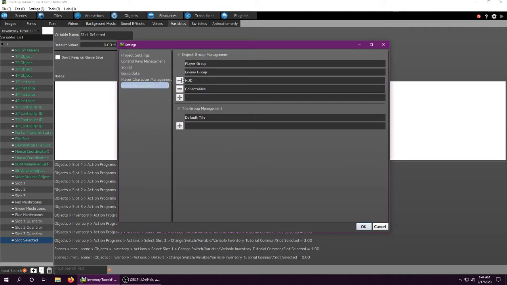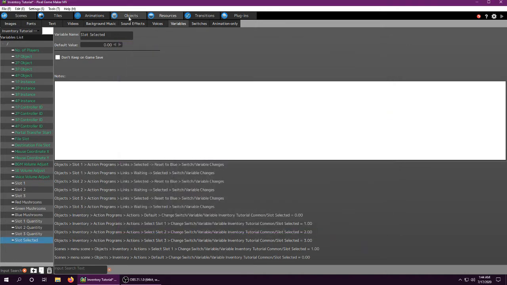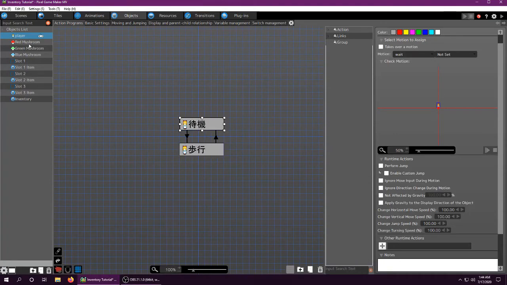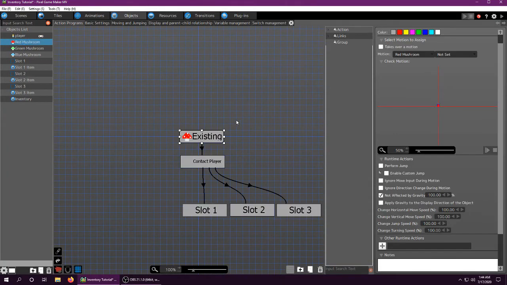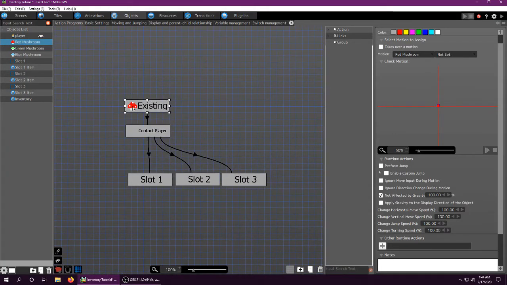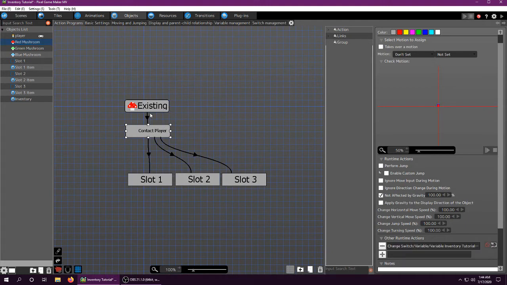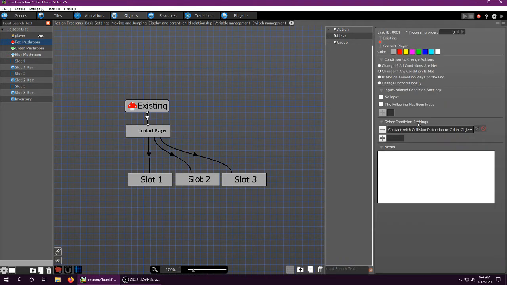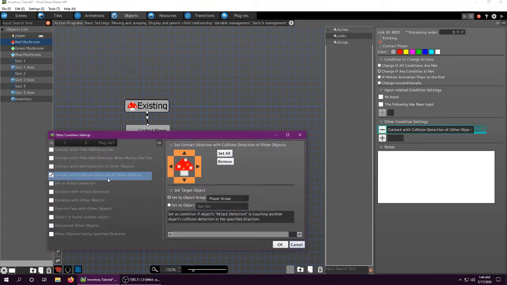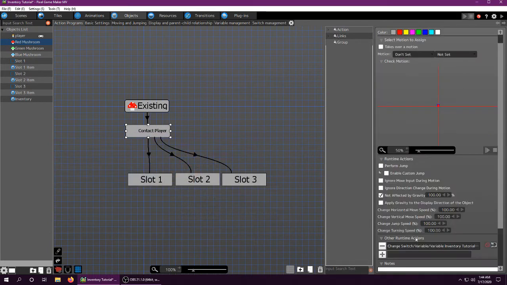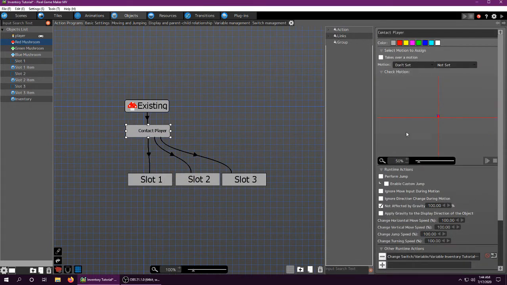You will also need to make a couple groups. I made a HUD group and a collectibles. The collectibles are just items, and HUD is the HUD objects, which we'll go into exactly right now. So this is basically an oversight of how it's going to work. The mushroom exists, and then this link right here, contact with collision detection of other objects, means when the player walks into this object, it will do this, which is, first of all, disappear,